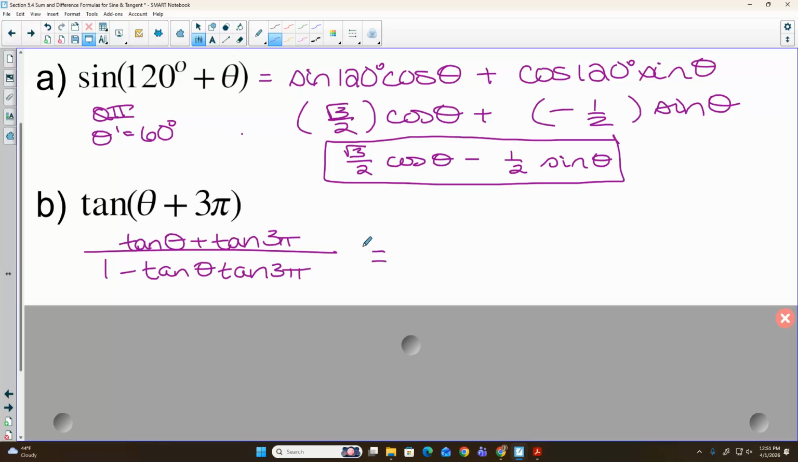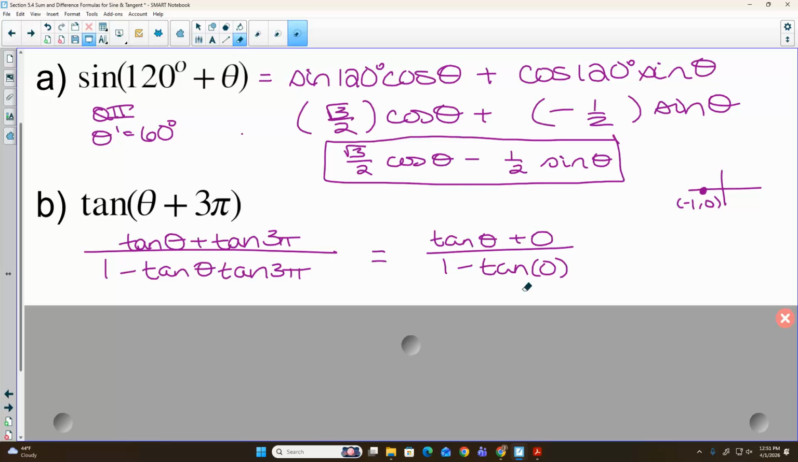And you do not have to memorize any of these formulas. They are all on the formula sheet. Okay, so you can think about it a lot of different ways. 3 pi is the same as pi. We know tangent is y over x, so 0 divided by negative 1 is 0. So we have tangent of theta plus 0 over 1 minus tangent of theta times 0. So we get